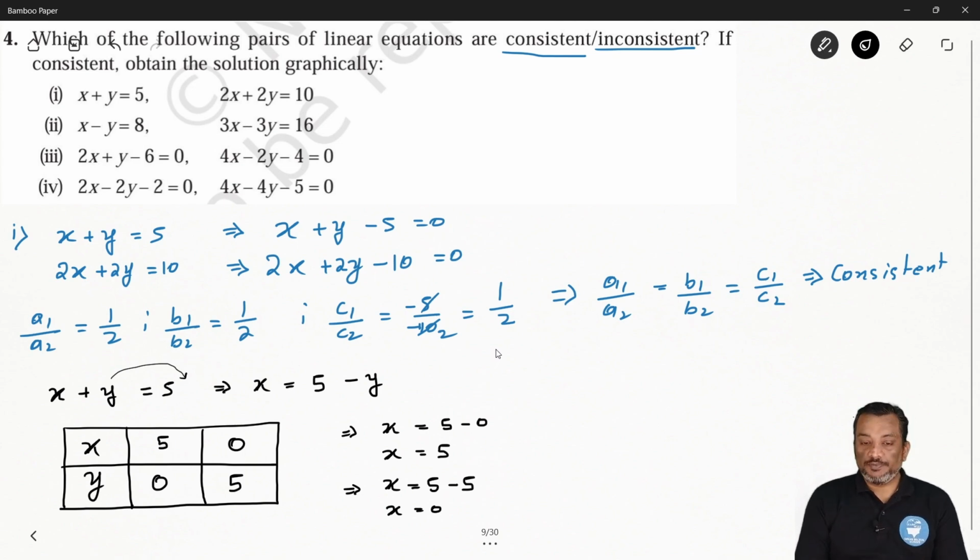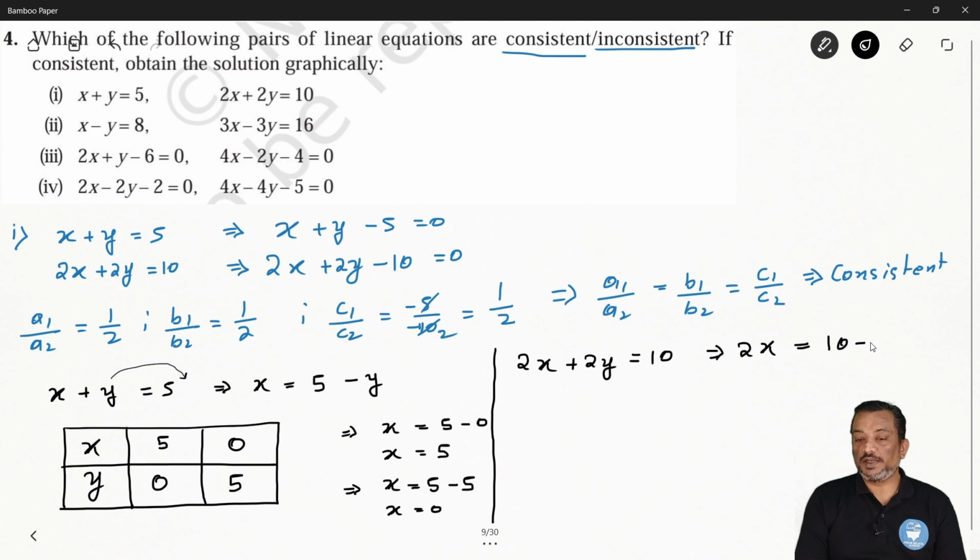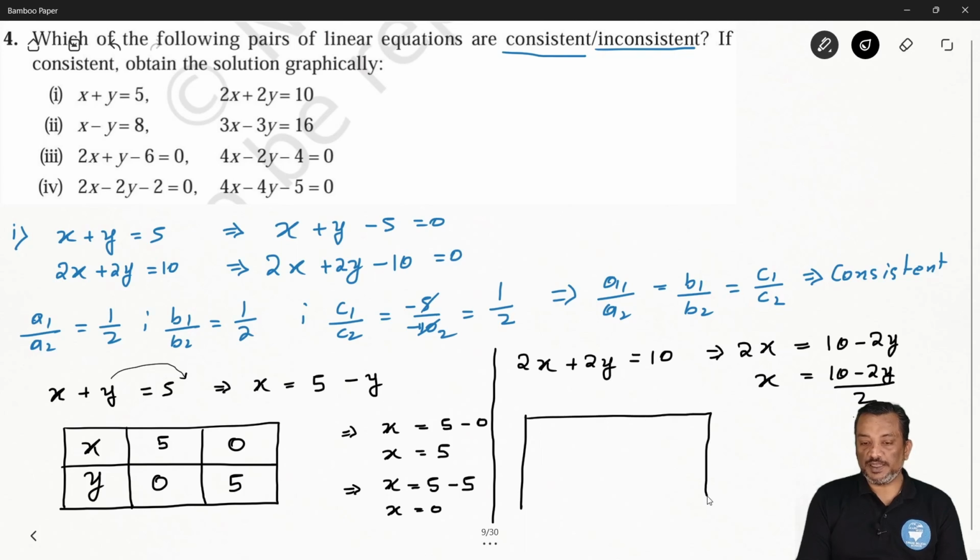Clear? We will find the solution sets of the second equation. So second equation, how much you have given? You have given 2x plus 2y is equal to 10. Okay. So same way we will say this one is equal to 2x. हम फिर again y को transpose करते हैं, तो 10 minus 2y. So x is equal to how much? So 10 minus 2y over 2, ठीक है। अब सॉल्यूशन टेबल बना लेते हैं।